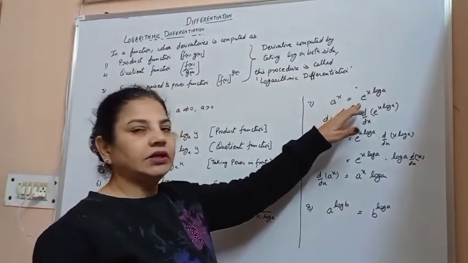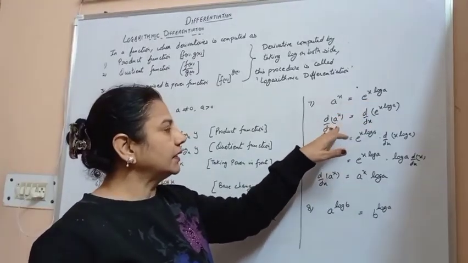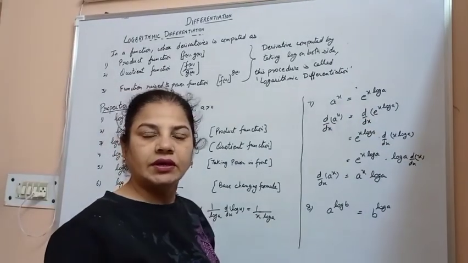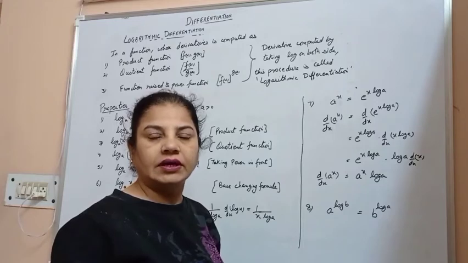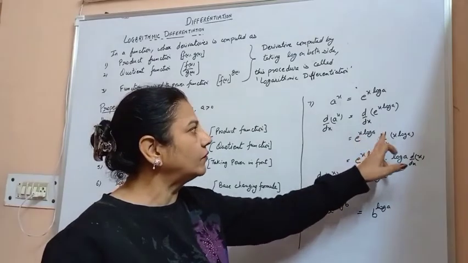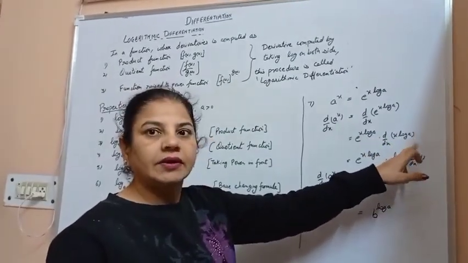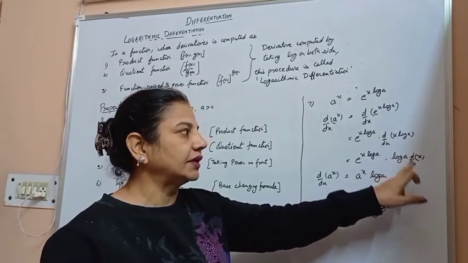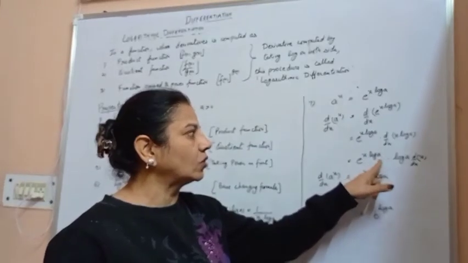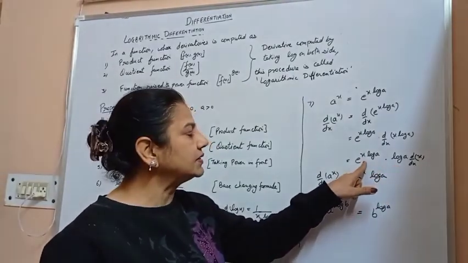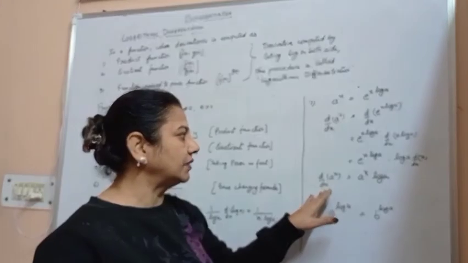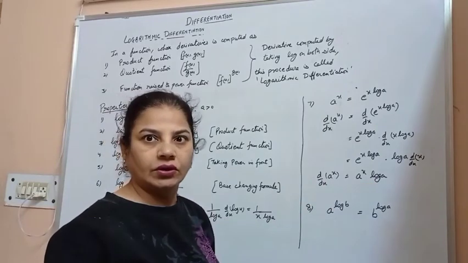a to the power x is equal to e to the power x log a. Now taking the derivative of this, we get the derivative of a to the power x is equal to the derivative of e to the power x log a. And we know that the derivative of e to the power x log a is the exponential function itself. So we get e to the power x log a into the derivative of the function x log a. Now log a being a constant, it remains here. We take the derivative of x only, and the derivative of x is 1. So we have e to the power x log a into log a. And again we put e to the power x log a as a to the power x. So we get a to the power x log a. Thus we get the derivative of a to the power x as a to the power x log a.